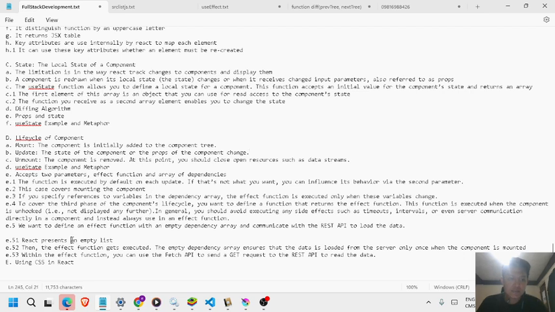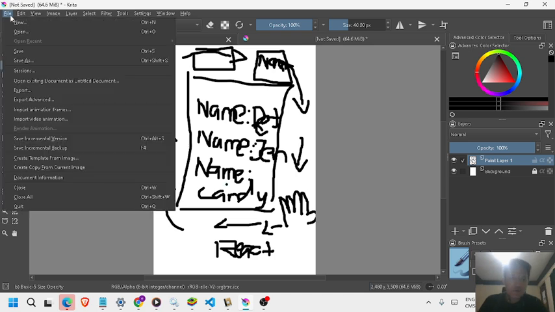And then we will go now to the life cycle of a component. Mount, the component is initially added to the component tree. Update, the state of the component or the props of the component change. And unmount, the component is removed. At this point, you should close open resources such as data streams. So the best metaphor for this is